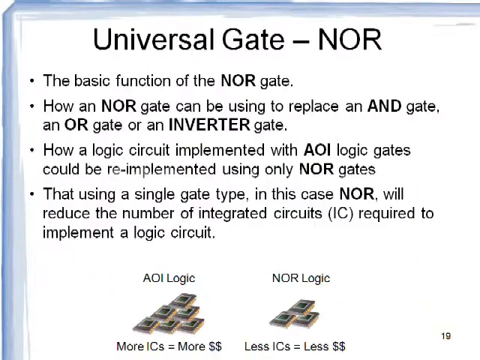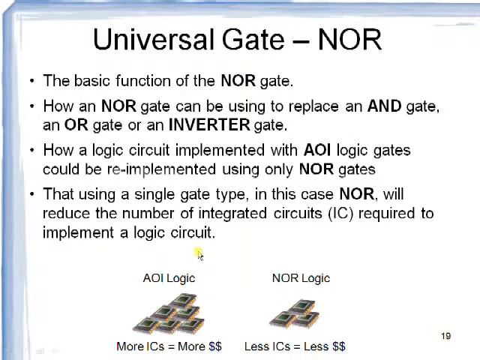Now let us see the next universal gate, that is NOR, and these are the things which we are going to cover regarding this NOR gate. The basic function of the NOR gate, how a NOR gate can be used to replace an AND gate, an OR gate, or an inverter gate, and how a logic circuit implemented with AOI logic gates could be re-implemented using only NOR gates. Using a single gate type, in this case NOR, will reduce the number of ICs required to